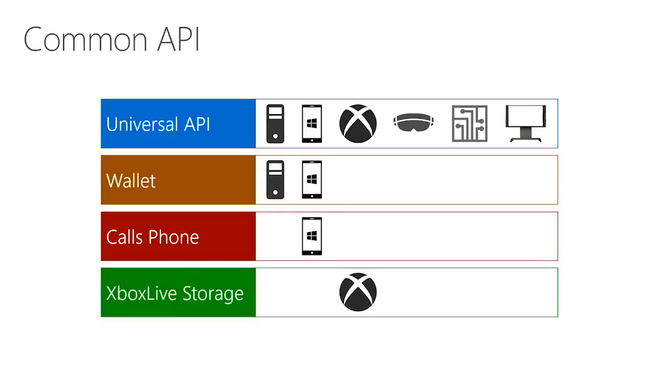But we also have some APIs that are device type specific. So something like Xbox Live Storage. Well, that's something that makes sense on Xbox Live, but doesn't necessarily make sense on your Surface Hub, for example, or on IoT. Right, or the ability to place a call. It doesn't make sense on my desktop necessarily because I don't have cellular connectivity on my desktop. Absolutely, exactly. So we do still have APIs that are specific to certain device types, but generally we're working with this universal